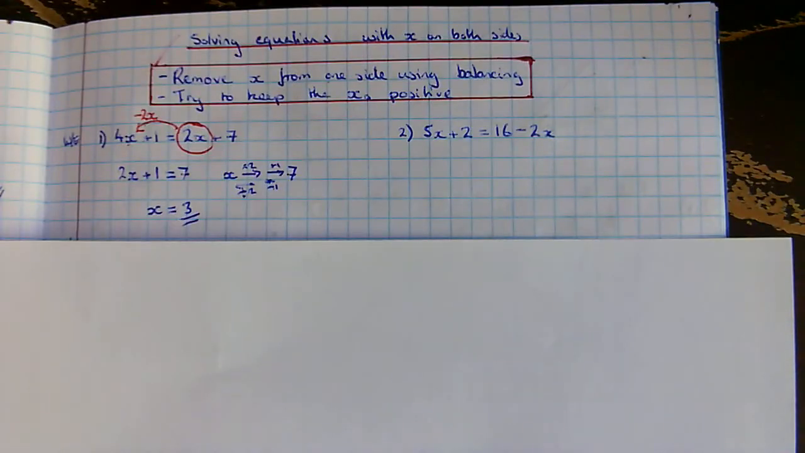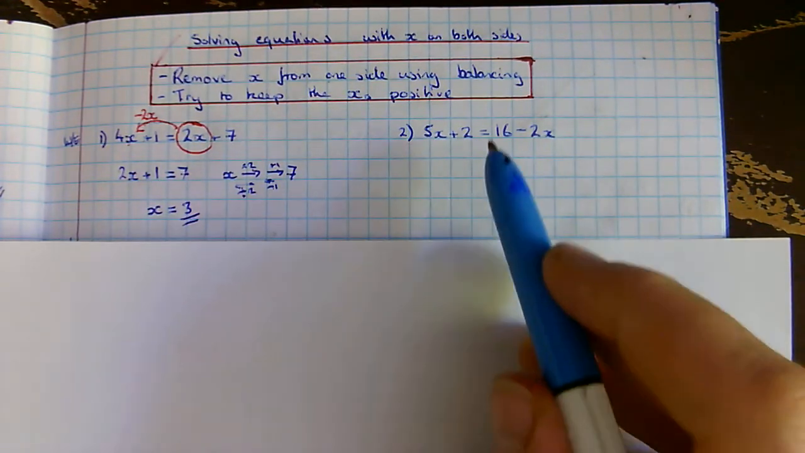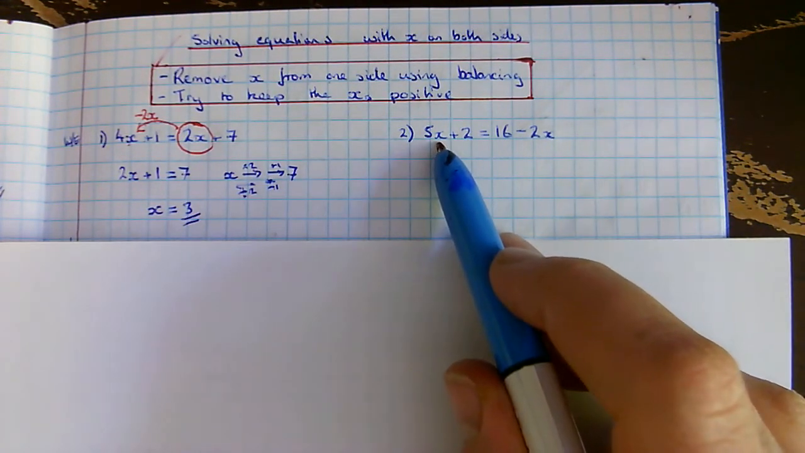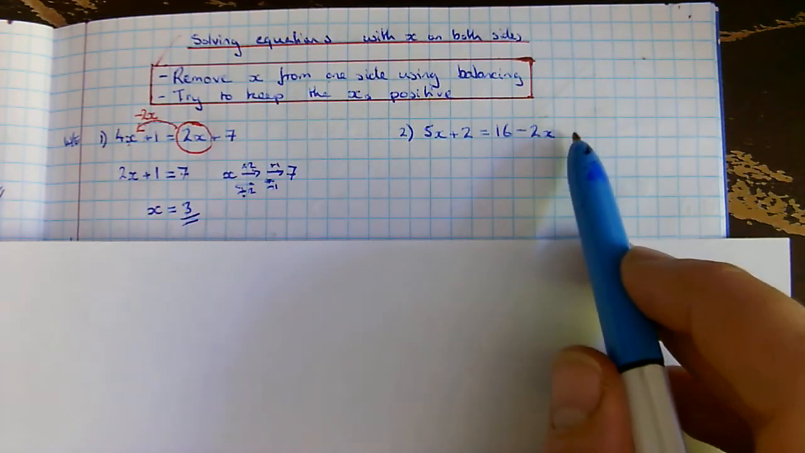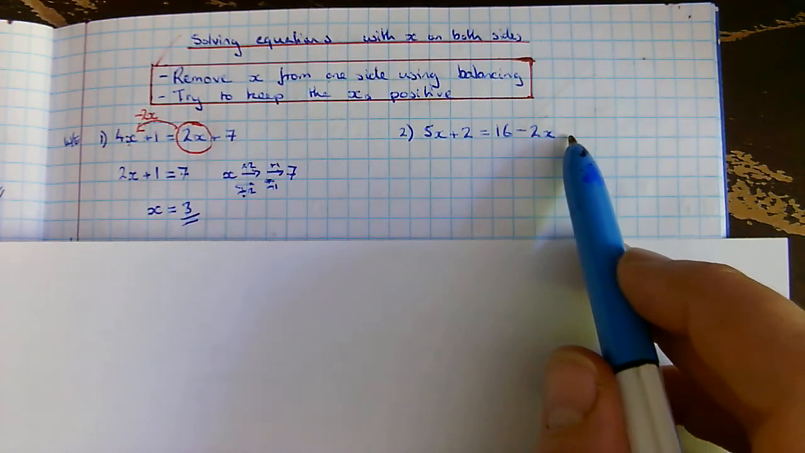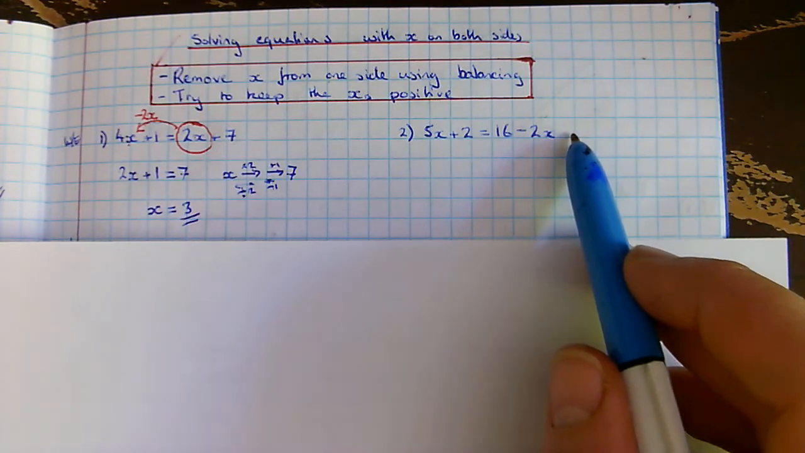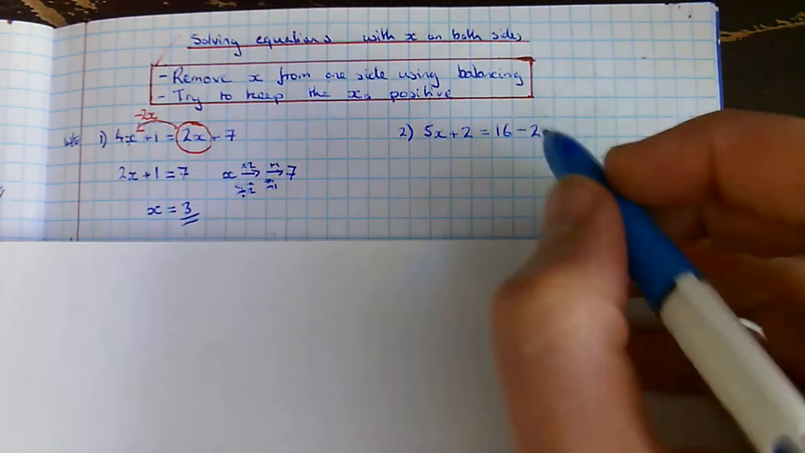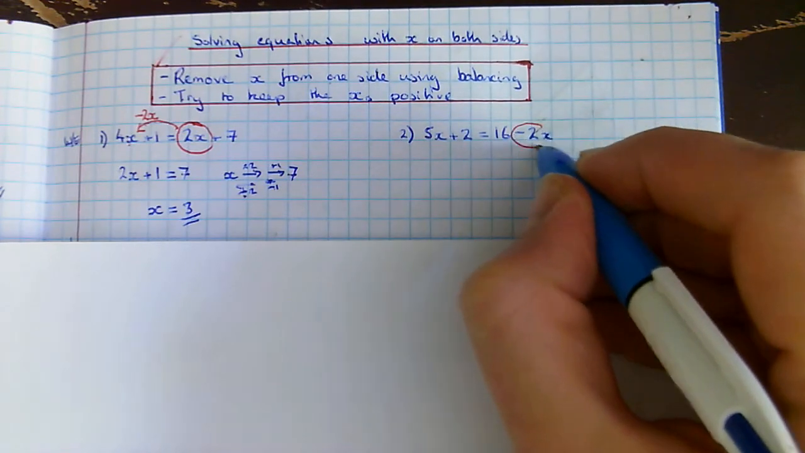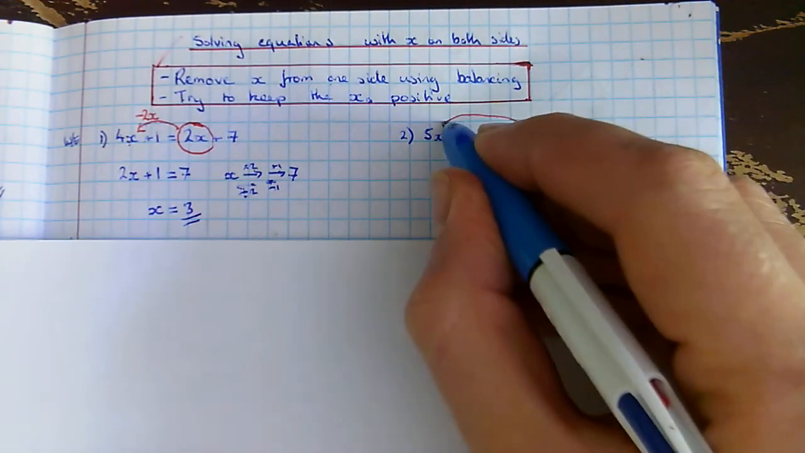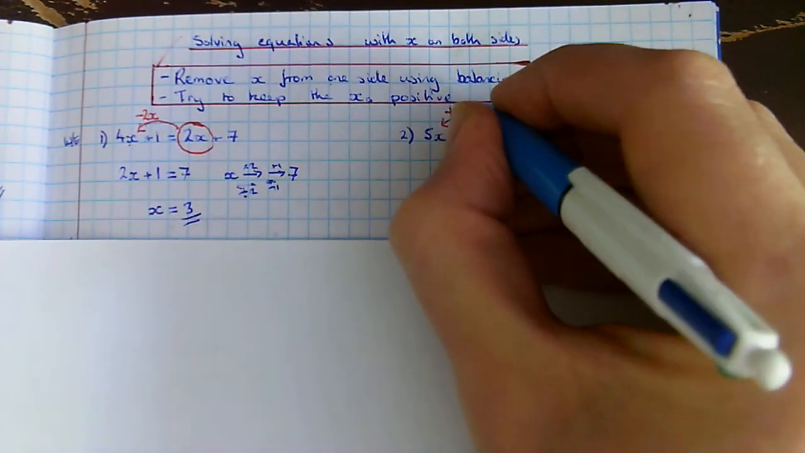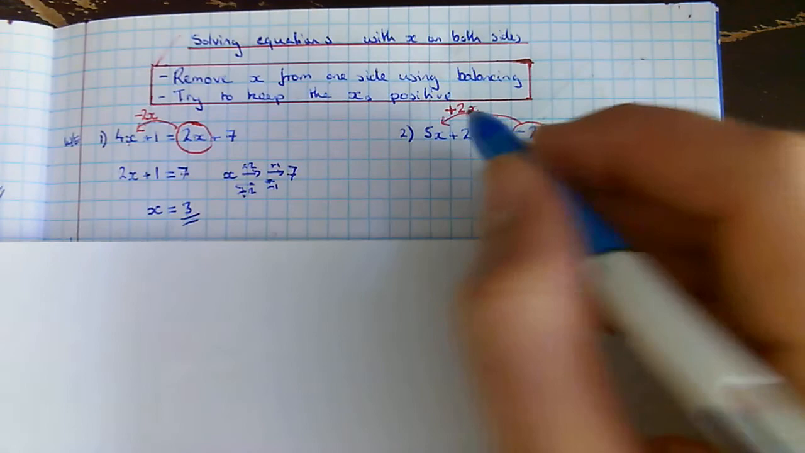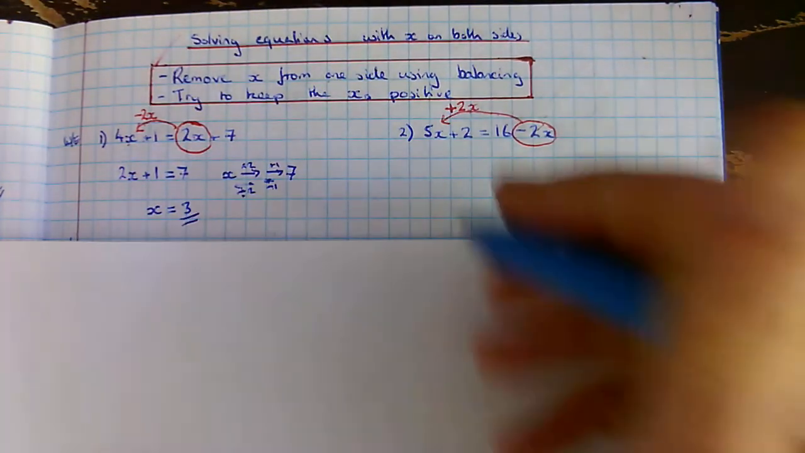So let's have a think about the next one. Which way am I going to bounce my x's? Am I going to bounce them from left to right? So that 5x would become minus 5x over here. Well, I don't like that because it would leave me with negative x's on this side, and then I have to do all of the stuff that I had to do in the last unit with negative x's. So what I'm instead going to do is bounce this minus 2x over to the left hand side where it becomes a plus 2x. So I'm left with 5x plus 2x, which gives me my 7x